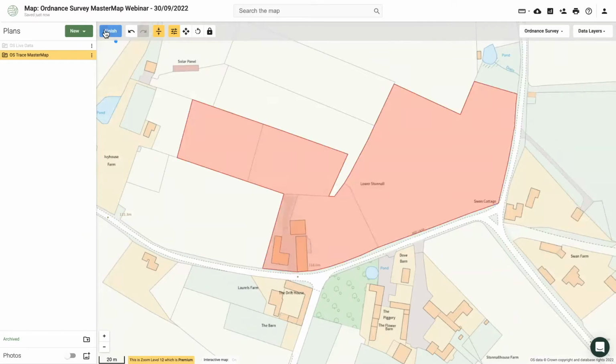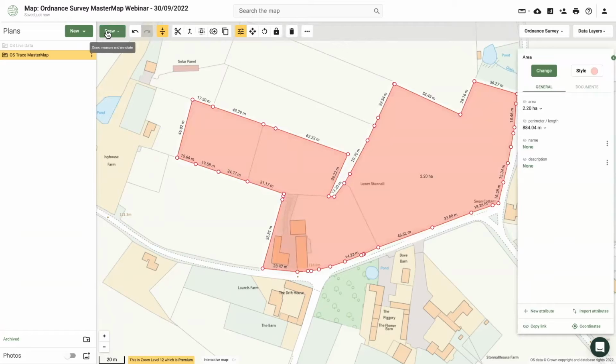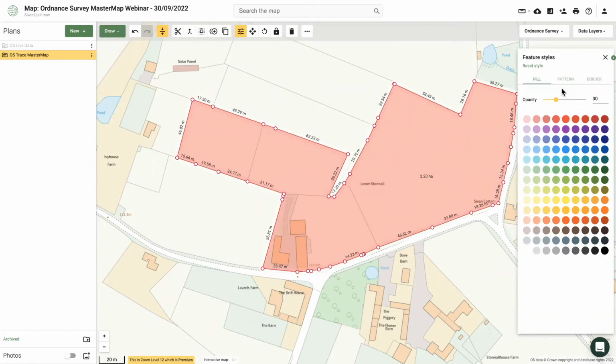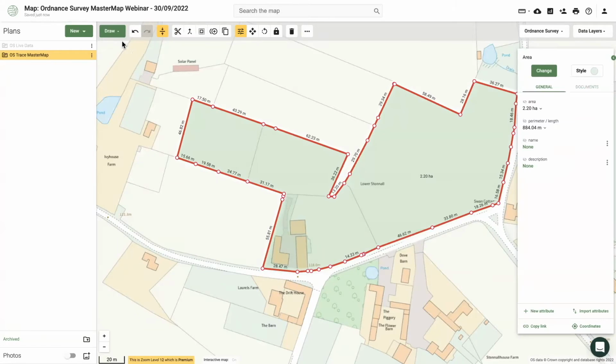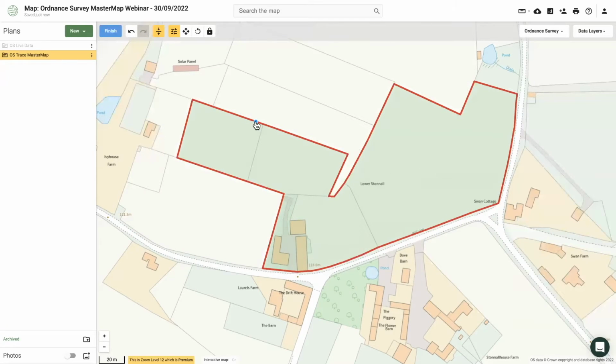So I've now created a boundary based on multiple polygons that includes the shape of all these different field parcels, but I haven't copied over any shapes. I've had a bit more freedom to choose where my cursor goes, what the shape looks like. Again, once it's that shape, you can give it your own style, maybe make it look slightly prettier, maybe put a red border around it,